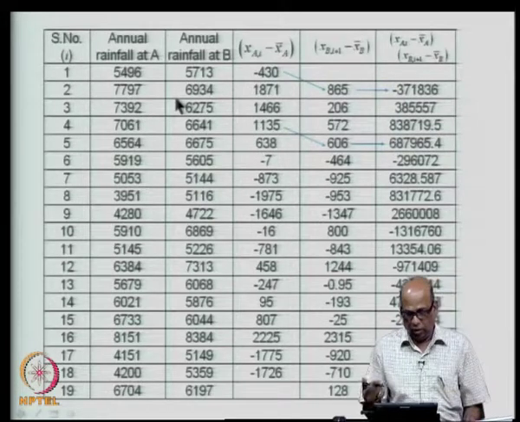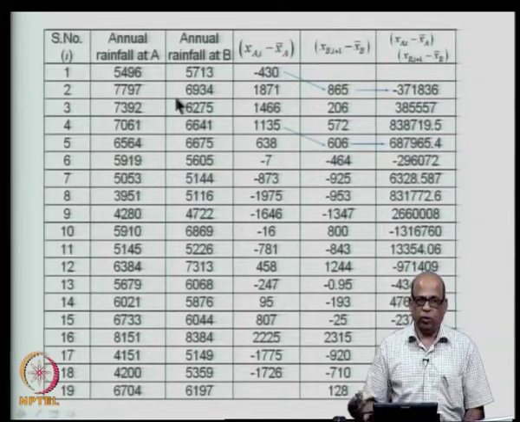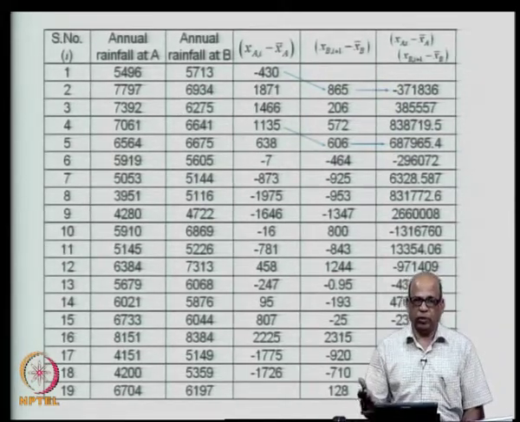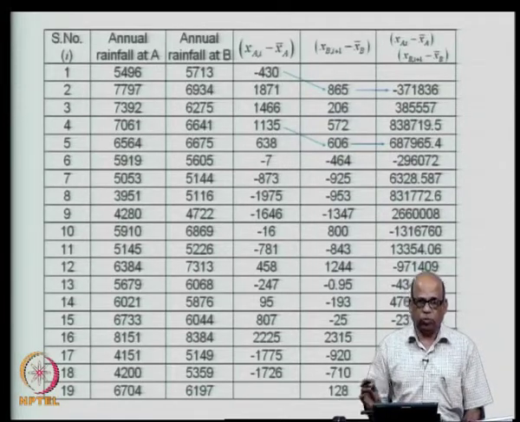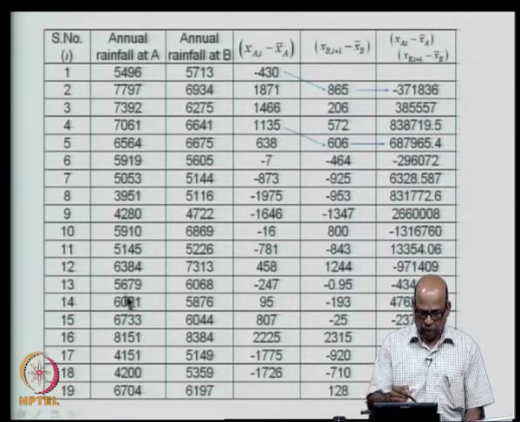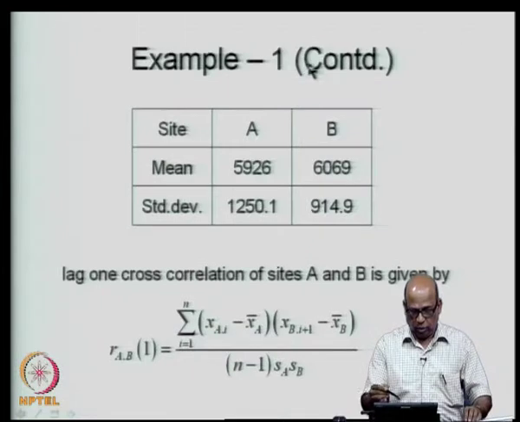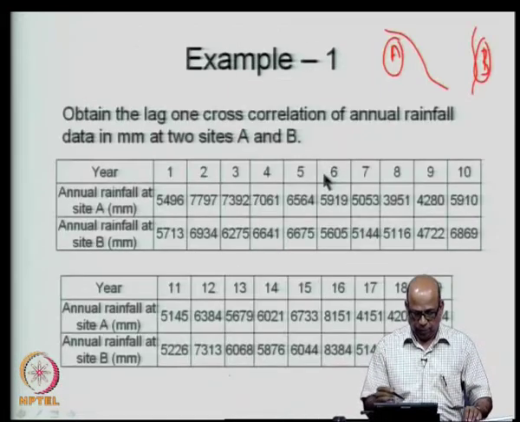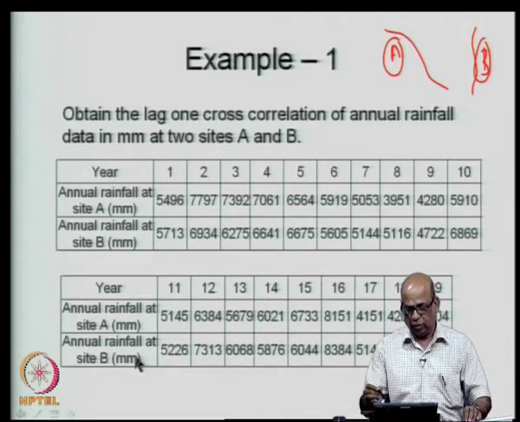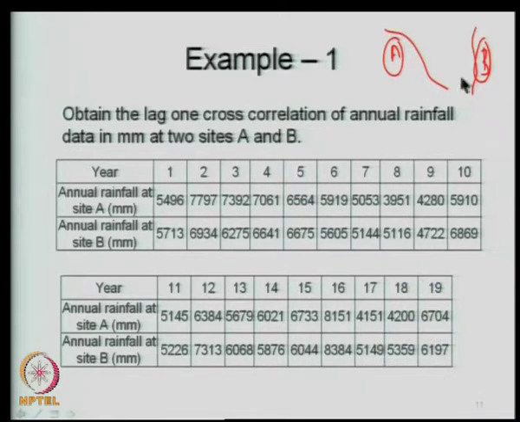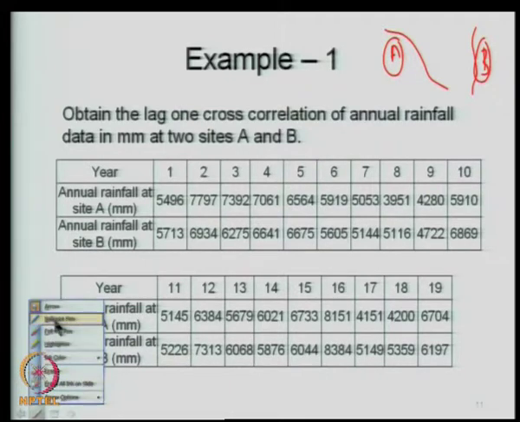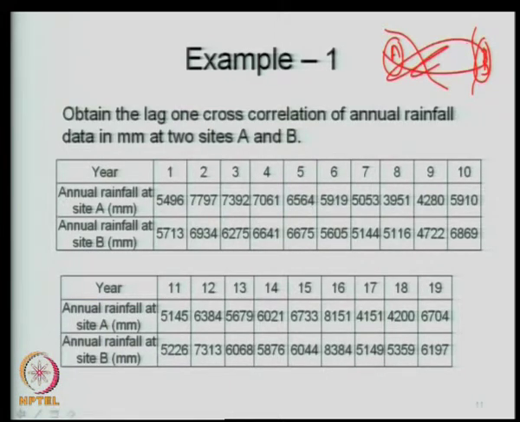So, this is typically done using any of the spreadsheet programs. Typically, you use Microsoft Excel or any spreadsheet program that you are used to. This is the data on A, annual rainfall at A and annual rainfall at B, and then you have computed already the mean of A and mean of B. So, this is the data rainfall at both these locations. I am sorry I indicated it as flows, but these are in fact the rainfall at two locations. Just make that correction, these are not the flows.